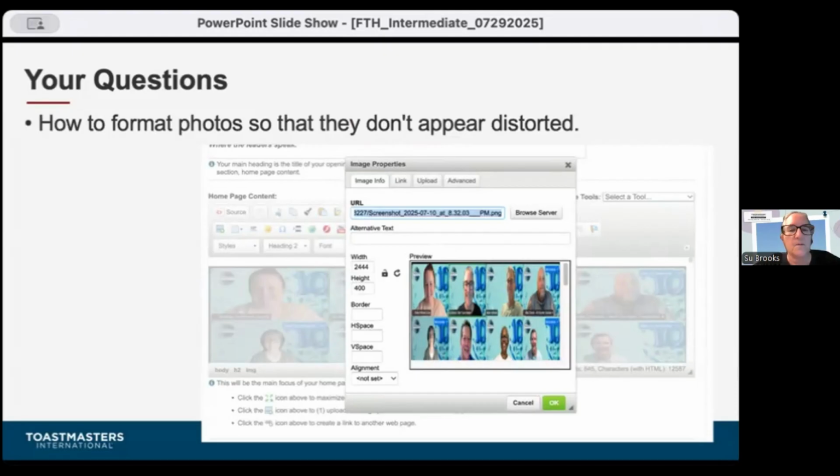So one of the things I wanted to bring to your attention, over on the left side, there's a properties box for width and a properties box for height. There's also a little lock icon. I unlocked the lock icon, meaning I can change the proportions. 2444 wide and 400 high. That gave me a pretty good ratio.